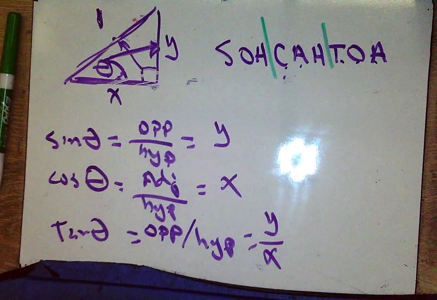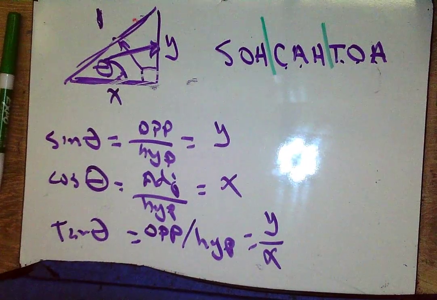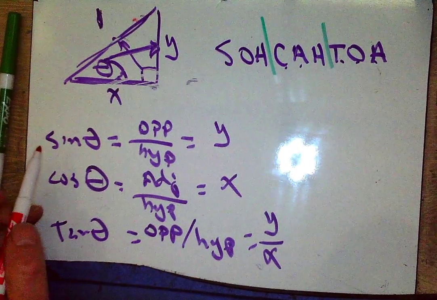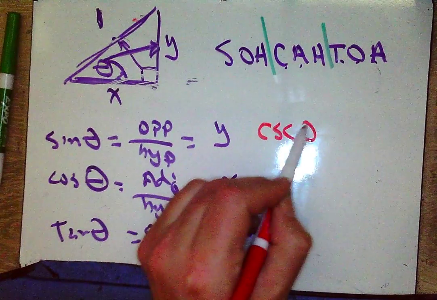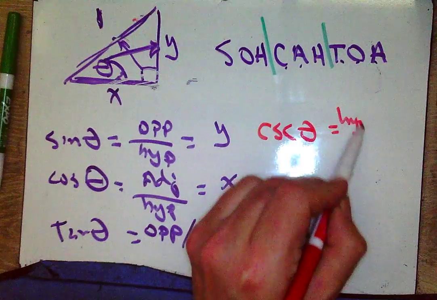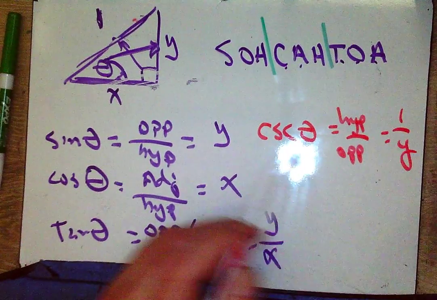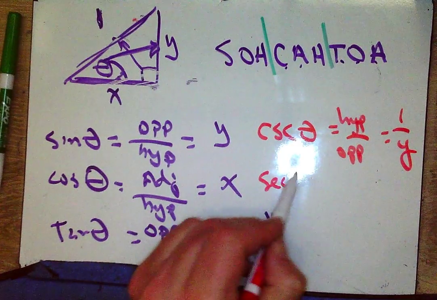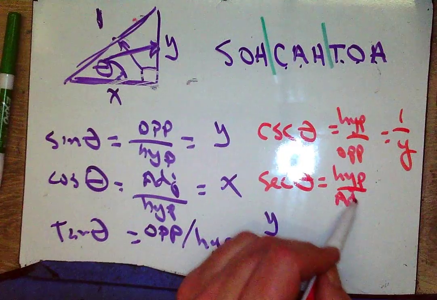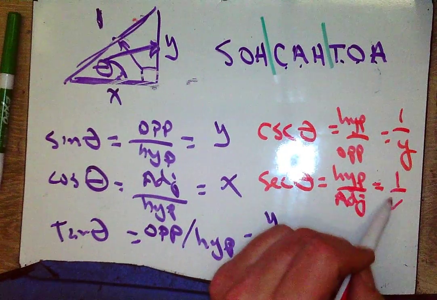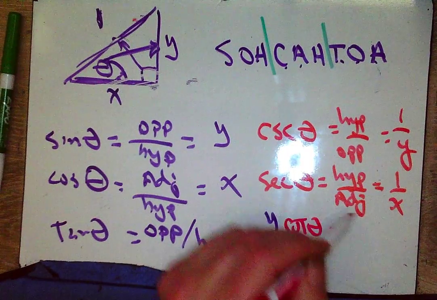Now, I mentioned a few minutes ago that in addition to SOHCAHTOA, you also need the other 3. So, cosecant of theta is hypotenuse over opposite, and that's going to be 1 over y. And secant theta is hypotenuse over adjacent, which is 1 over x. And cotangent theta is